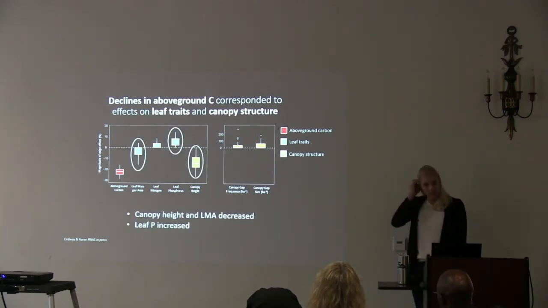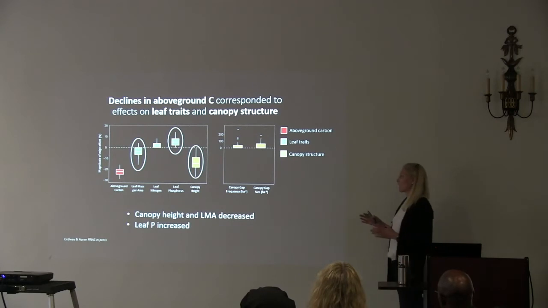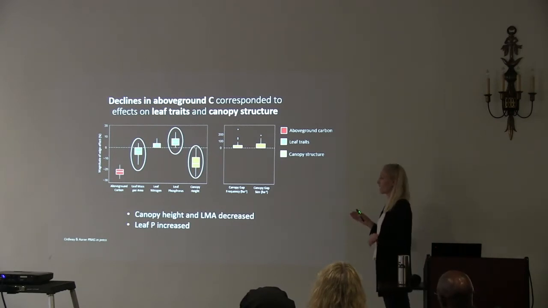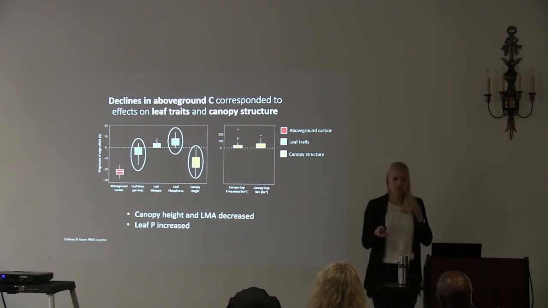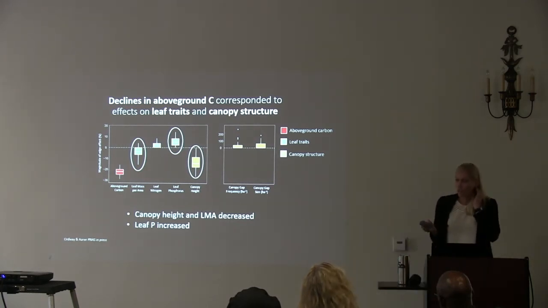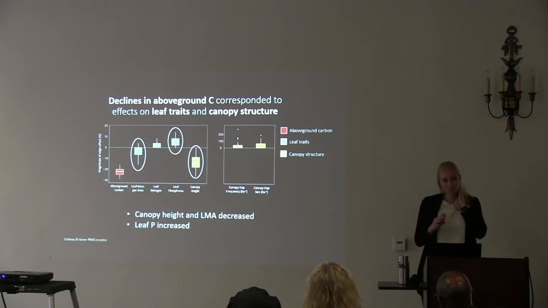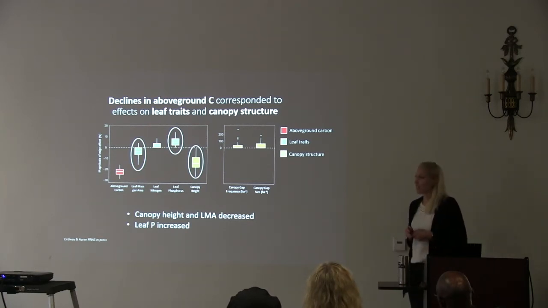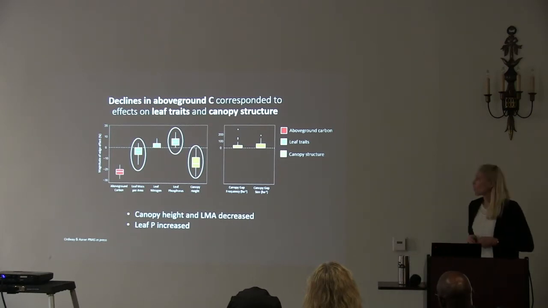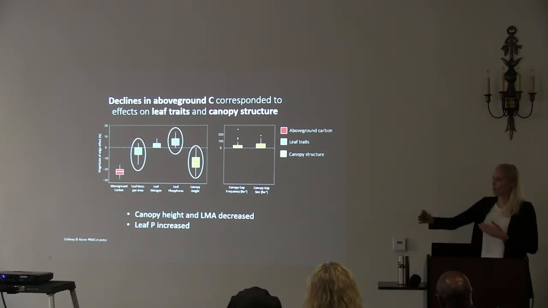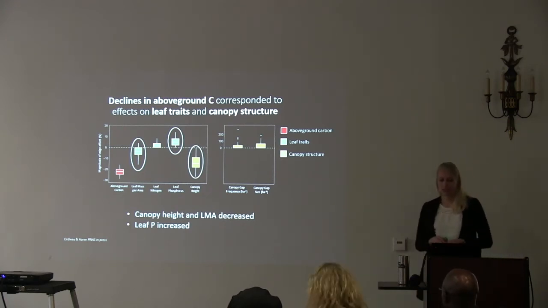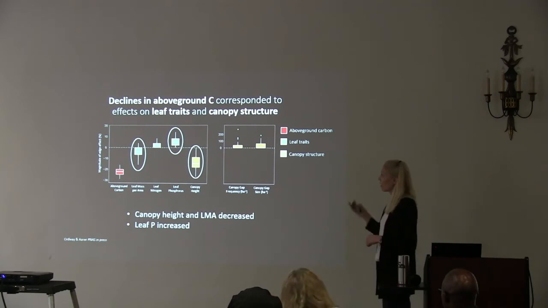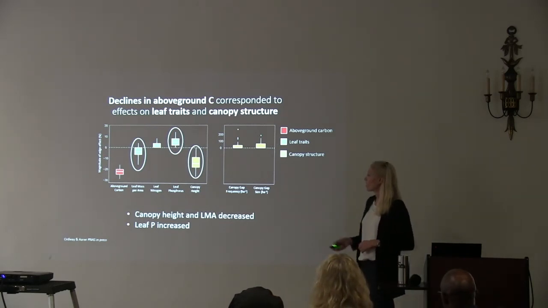Despite that absence of canopy gaps, at almost all the sites, we saw significant declines in canopy height and leaf mass per area, and we saw significant increases in leaf phosphorus, suggesting that carbon declines are not just due to structural changes in the canopy gaps. Even without this major tree crown damage or blowdowns, the change in the micrometeorological conditions and the lateral penetration of that is enough to have a pretty important effect on these other key aspects of ecosystem function that ultimately underpin these declines in carbon.